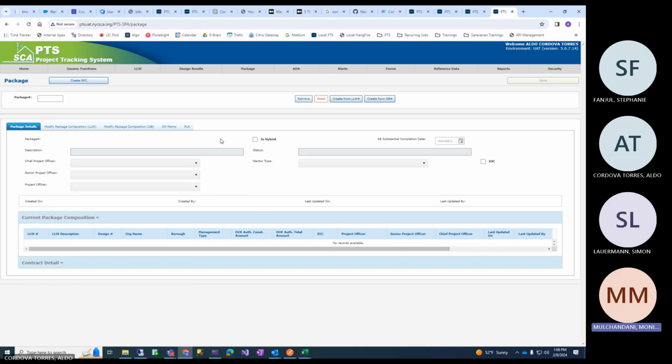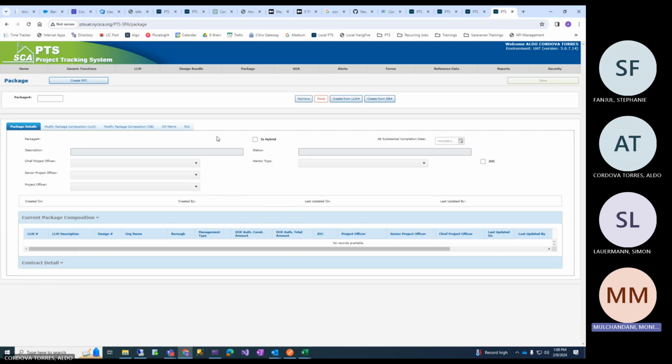This is another, like lately when you're doing updates, this is important: these attributes are at two levels. Ideally at package level, but before that at LLW level also we have these attributes. So sometimes, as soon as the lowest level of work is identified or created and comes into PTS, they know about it and they could enter it at LLW level. That goes in our LLW table for them because there's no package. But ideally, it's more significant or relevant at the package level.